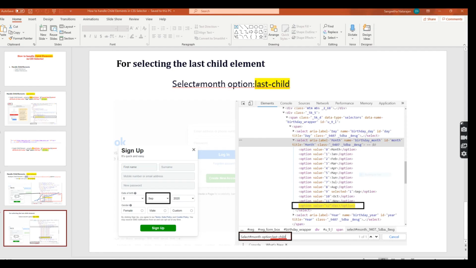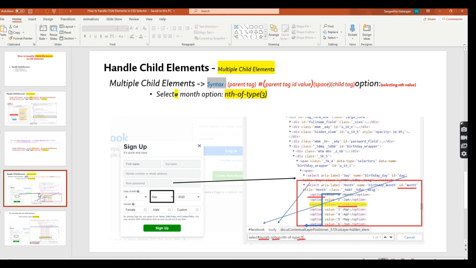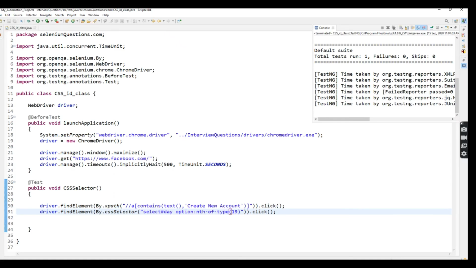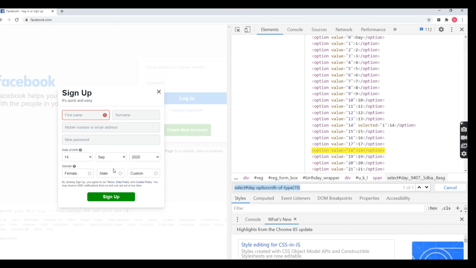So next is, yeah, the last one. Okay, so this is one way if you want to select any specific value inside this list box. Okay, for example, I'm going to select the last value by default. What is the syntax we are going to follow? Already one method is available, right? Last child.